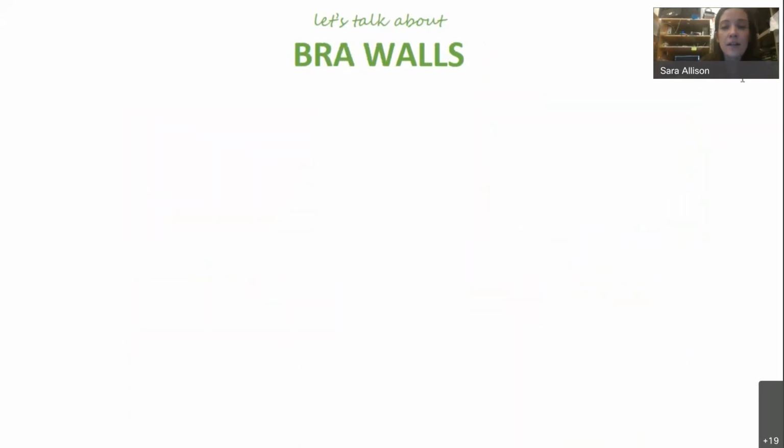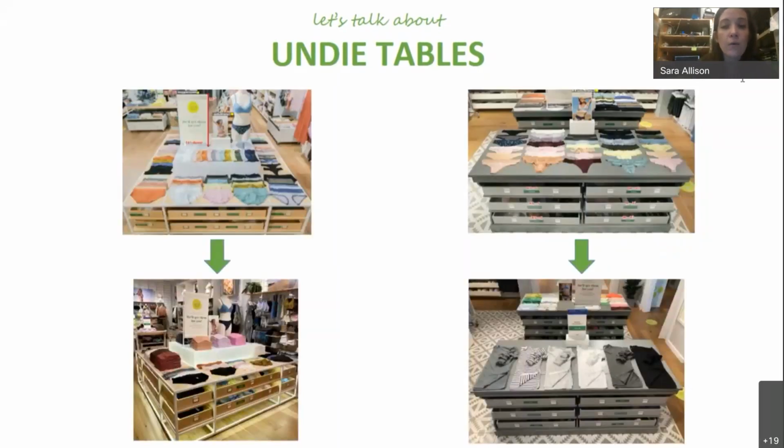And then I see this a lot recently in factory stores where we don't have quite enough undies to fill both tables. So those stores will condense to one table and make it really full and impactful, and utilize the other table for a key clearance item or a key apparel item until they're able to take the table back to undies. So I just want to reiterate that this is not a normal thing we would do. We want to maintain undie tables all the time, but there have been times where we've really had to flex due to inventory. So if you are in a factory store, just know that this is a suggestion for sure to make sure that undie tables feel really full and impactful.